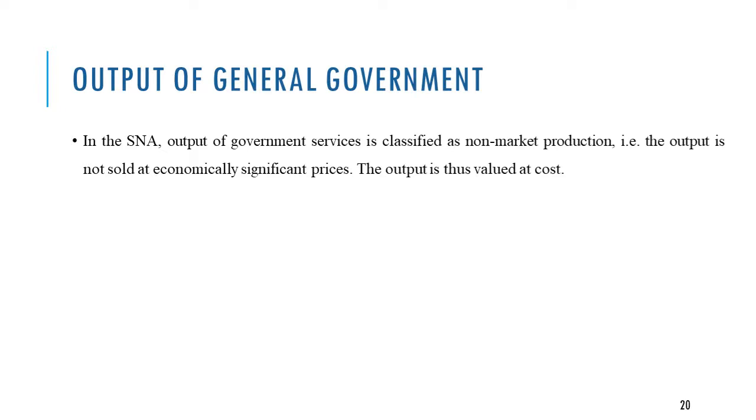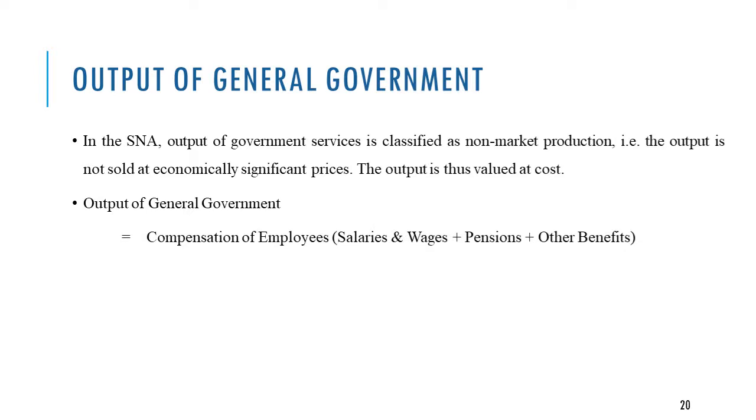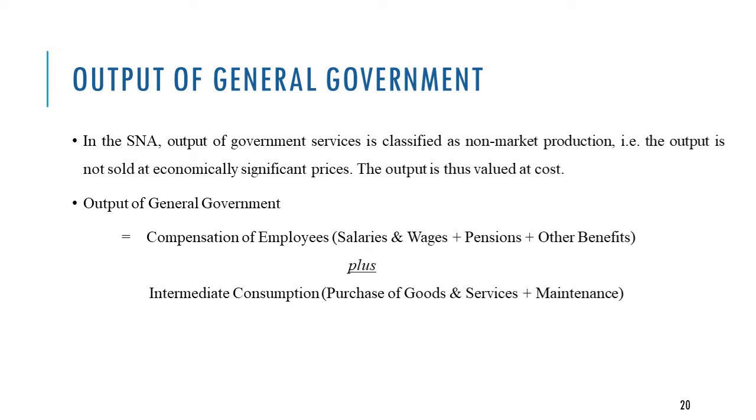As per System of National Accounts, output of government services is classified as non-market production. That is, the output is not sold at economically significant prices. Thus, the output is valued at cost. The output of general government is the sum of compensation of employees, which is the total salary, wages, pension and other benefits, plus intermediate consumption, which is the expenditure on purchase of goods and services and expenditure on maintenance, plus